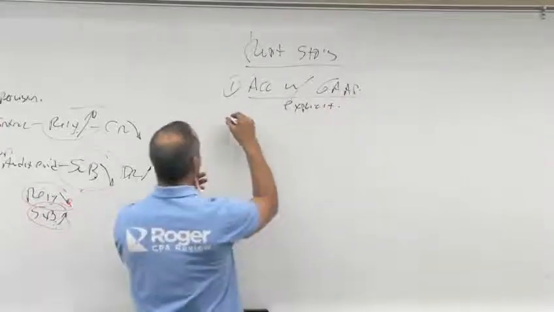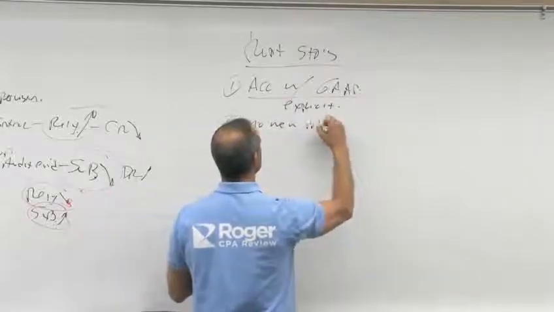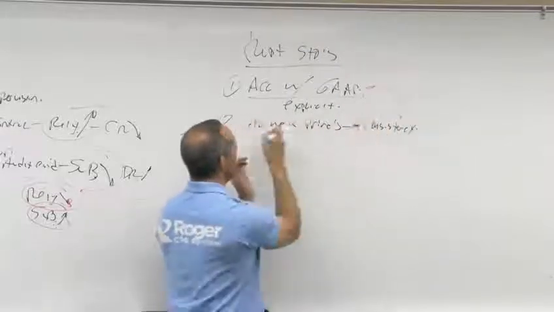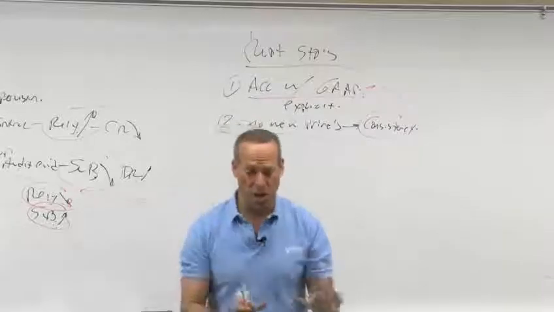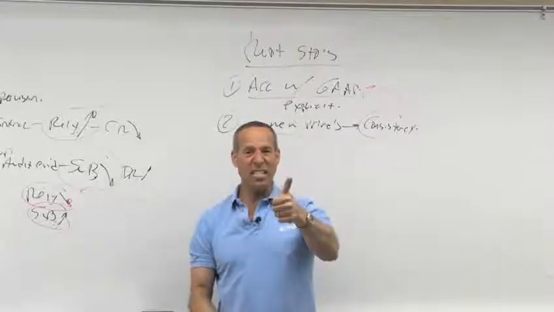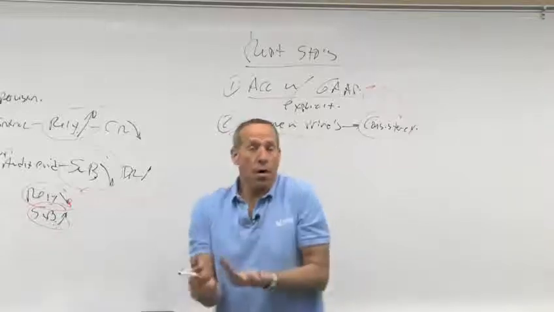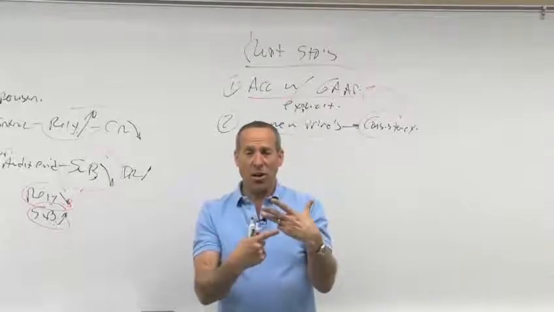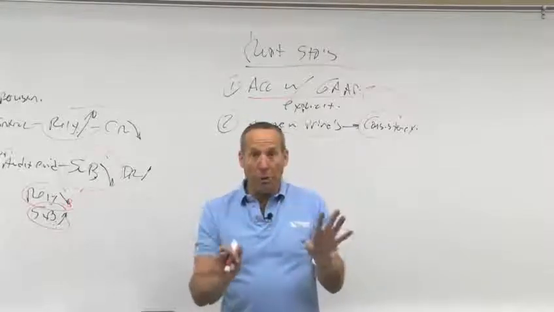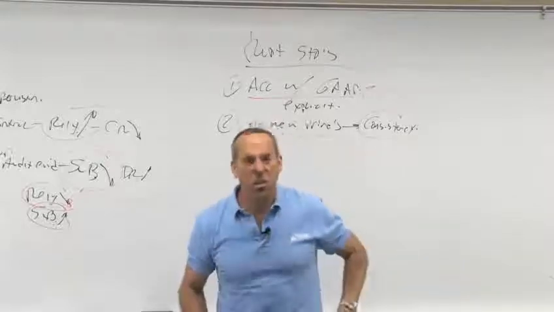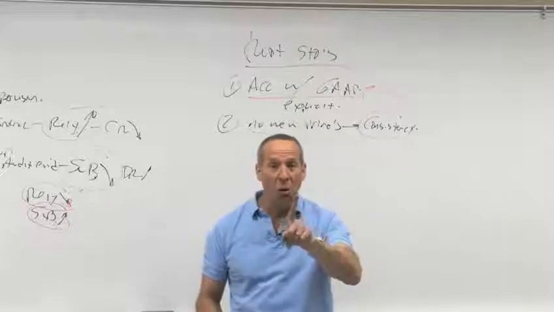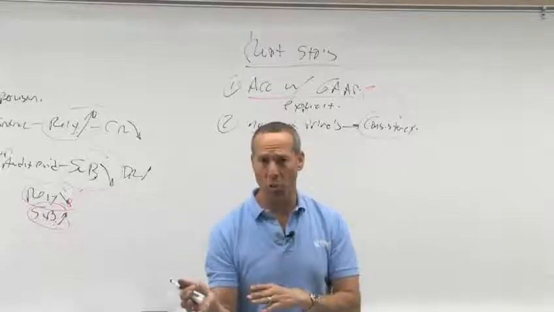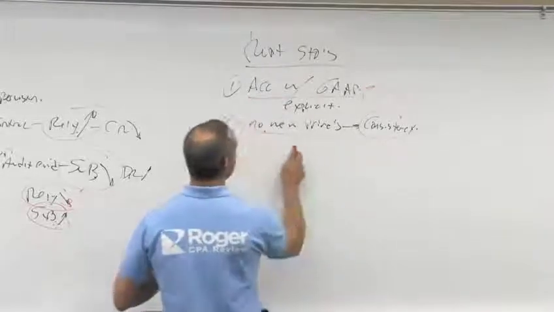So GAAP. The second one says no new principles, which basically means consistency. That's the consistent application of GAAP. Has GAAP been consistently applied from year to year? If it is, great. If it isn't, then we may have to mention it. If we agree with it, cool, we'll mention it and we'll put a paragraph after the opinion. An emphasis of a matter or an explanatory paragraph. If we don't agree, we go, dude, why did you change from FIFO to LIFO? Oh, just to make your numbers look better? I don't think so. We don't play that way. What are we going to do? Explanatory before the opinion. So we'll learn about where the paragraphs go in the reporting section, but it's important to understand the basics.